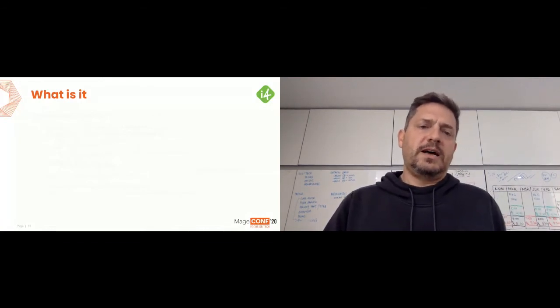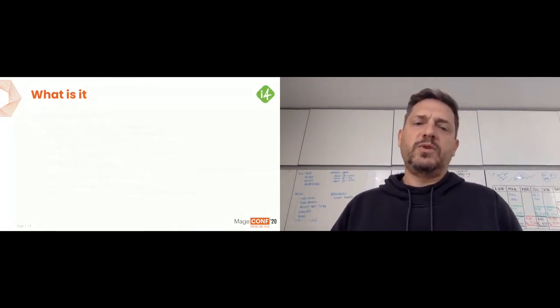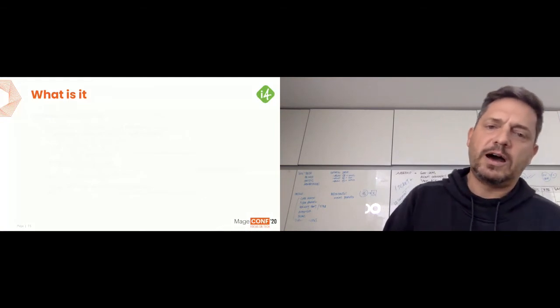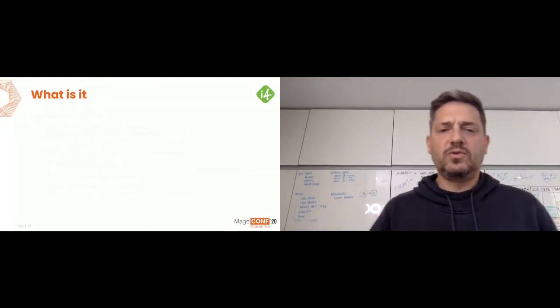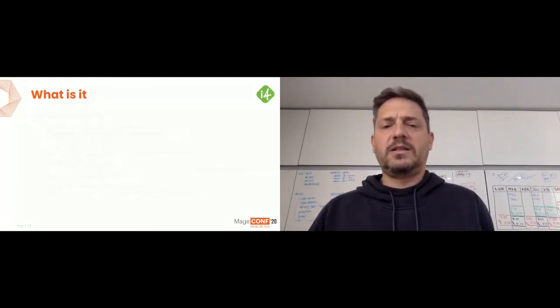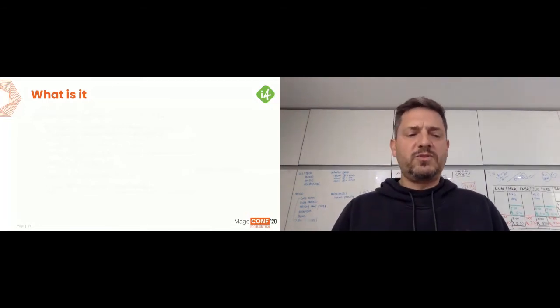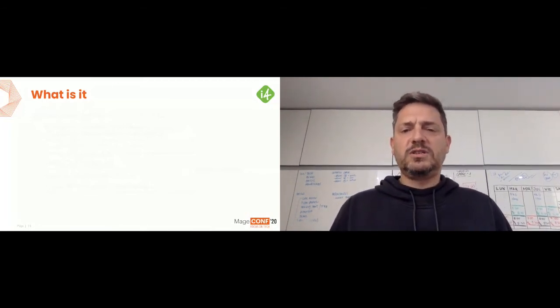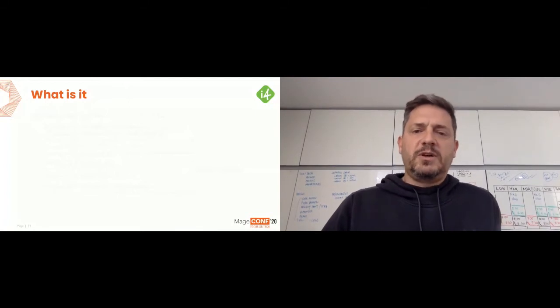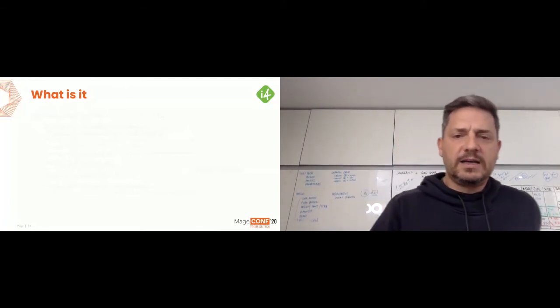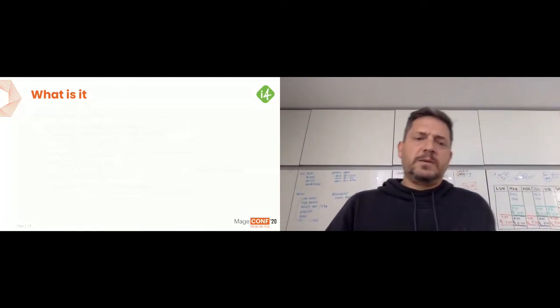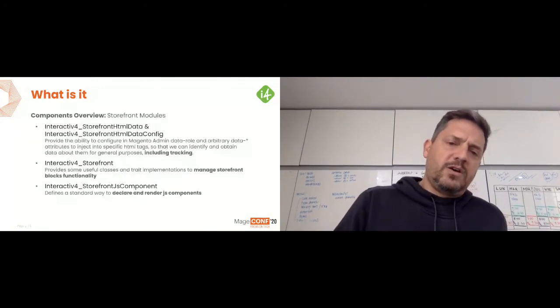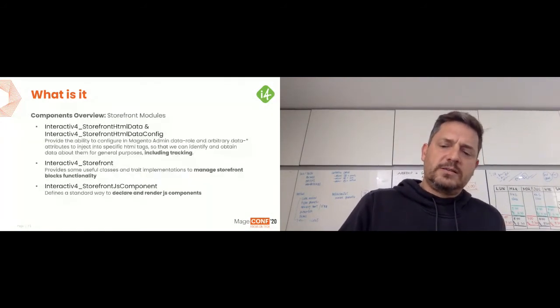Regarding the storefront modules, we have the ability to label the data and grab all the data from these tags that we call roles, and push this information to the analytics.